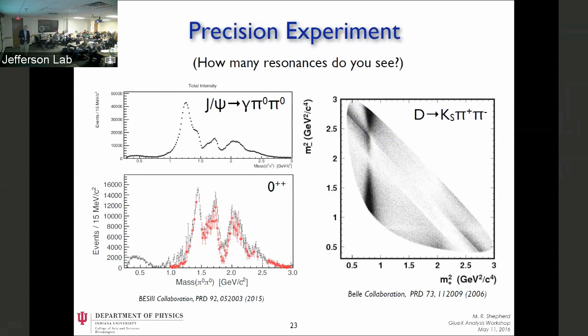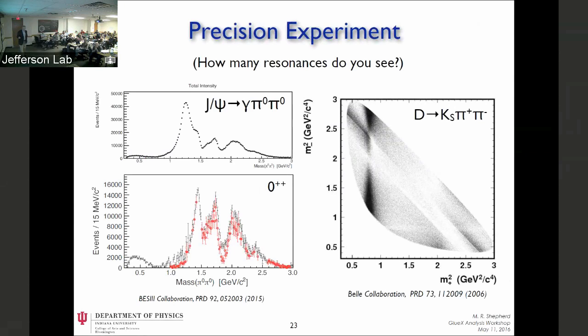Here's a classic case that people have toiled over for centuries, well, not centuries, but decades, it seems like. The pi pi S-wave system, right? So this is notoriously hard to understand how many resonances are here. And this is a recent analysis of this system at high precision now in J/psi decay. And here's the S-wave amplitude, and there are all kinds of bumps and wiggles in this thing. And so how many resonances are there? How many 0++ waves are there, and so on?